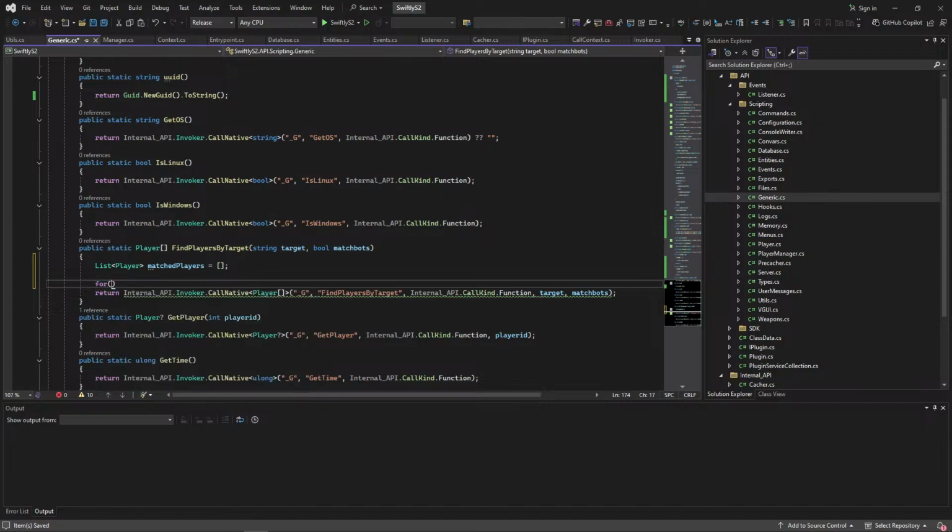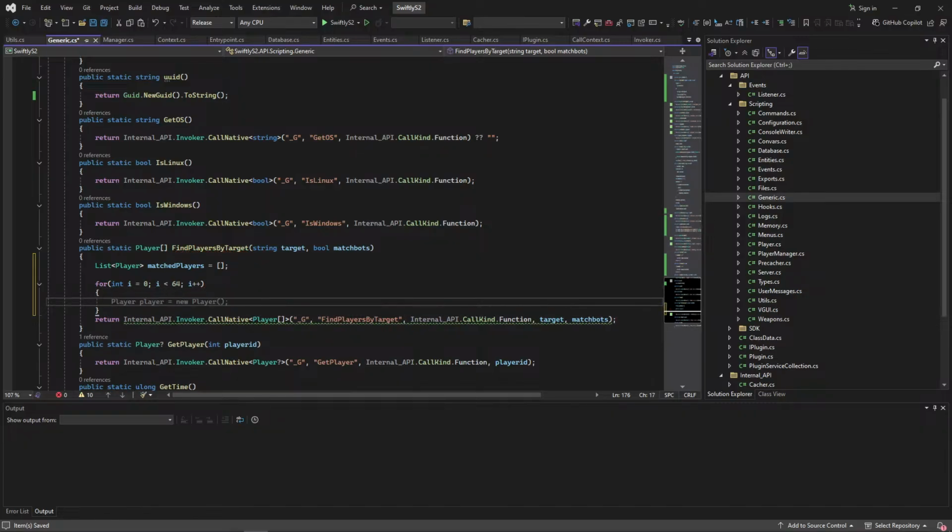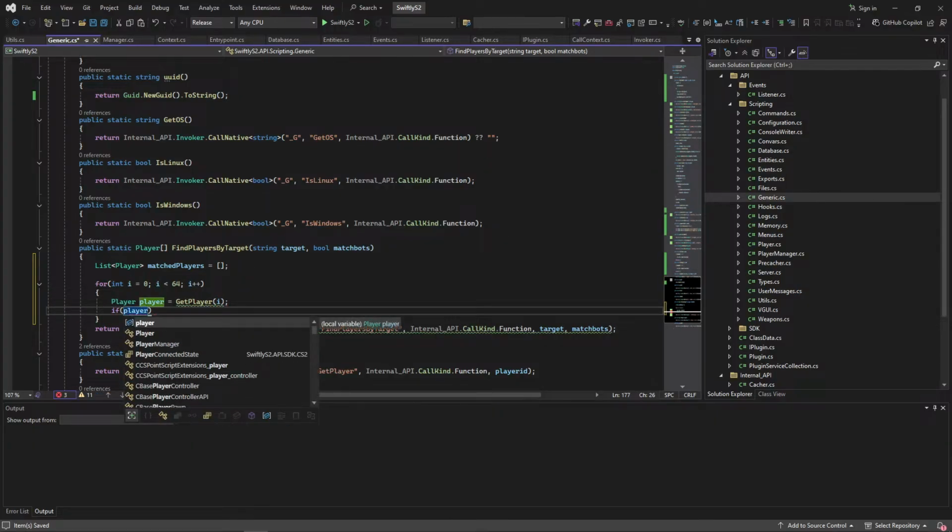Okay, for int i equals 0, i less than 64, i plus plus. Player get player of i. If player